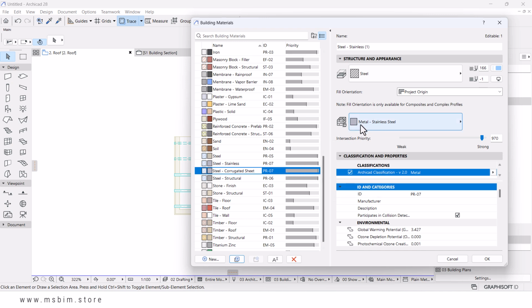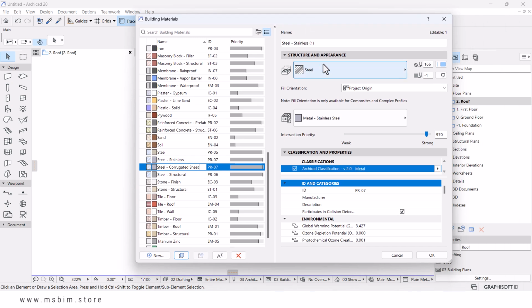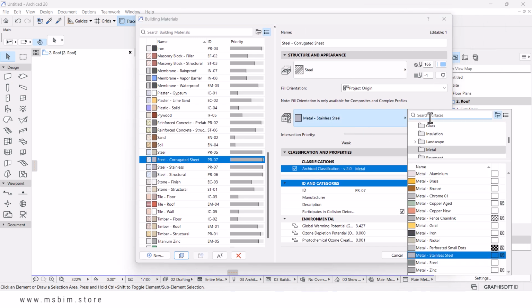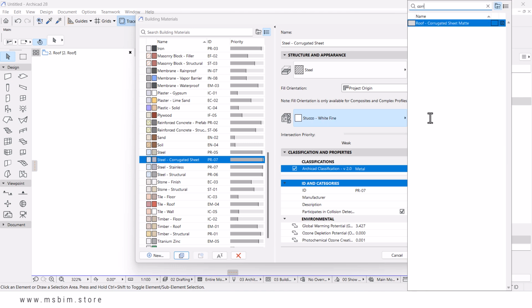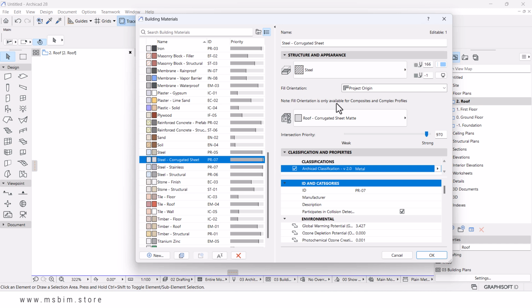Corrugated sheet. And then if you come here to the structure and appearance, we need to change the surface to corrugated sheet. Bear in mind, guys, it started to rain this side. I don't know if you can cope with the background noise of the rainfall. I hope the audio will be right. Sorry about that. I had to wait for the rain to pass so I can hit OK to now